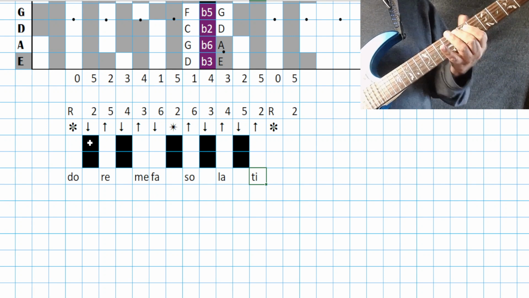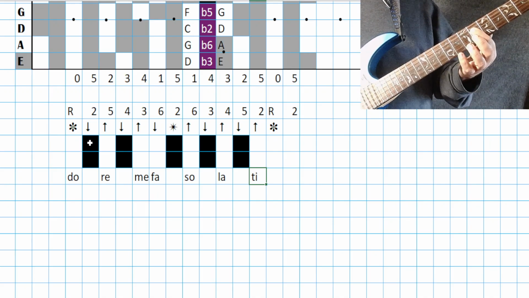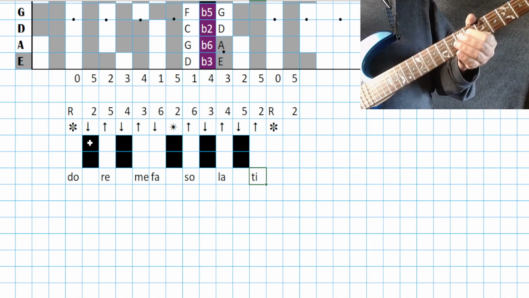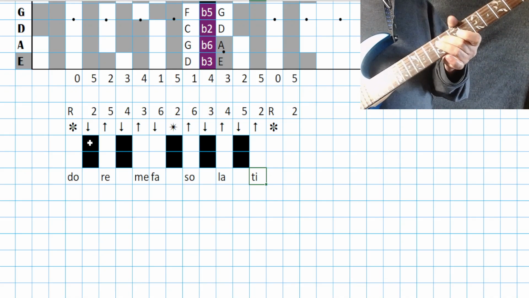That's going to be an uplift. There is the fourth. That's where the F would be if this was the key of C. That's going to be a down, that's going to be a fall down. This is going to be an up,